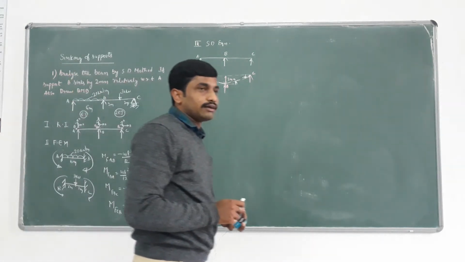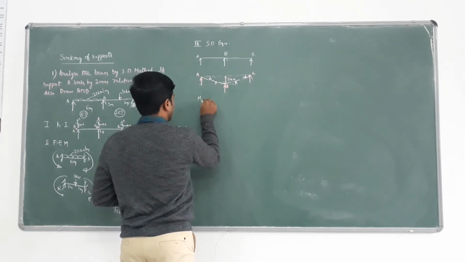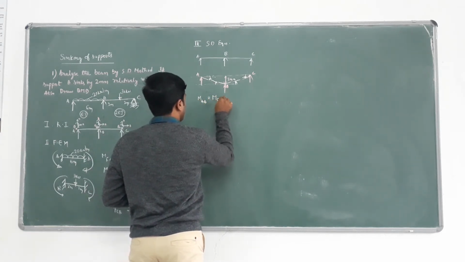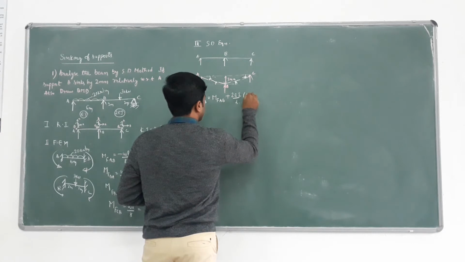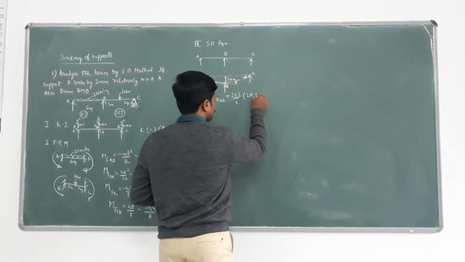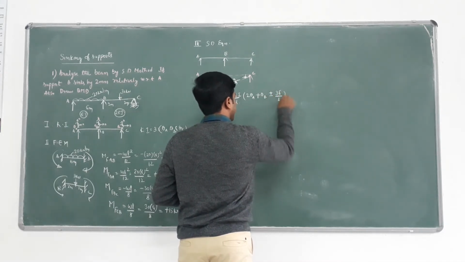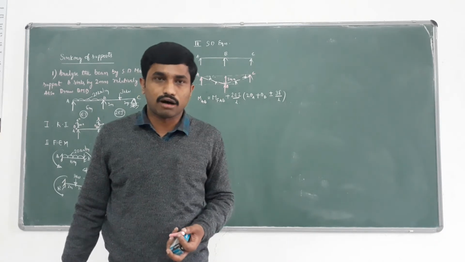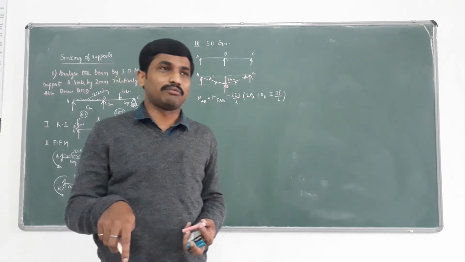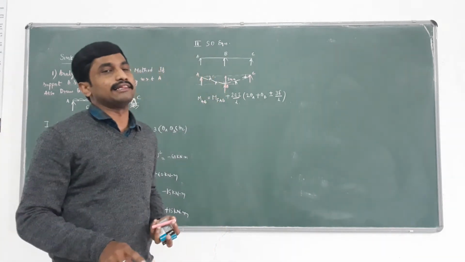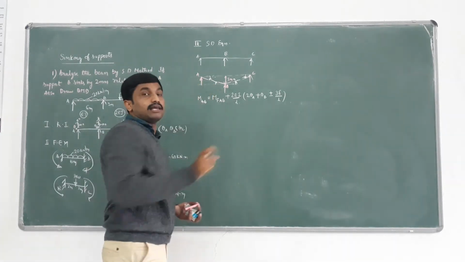So while you are solving, please keep in your mind, you know the slope deflection equation: MAB equals MFAB plus 2EI by L into 2 theta A plus theta B plus or minus 3 delta by L. So here I am having plus or minus. When we use plus and when we use minus 3 delta by L, that is a very important thing. Here please keep in your mind that AB span, AB equal BA,